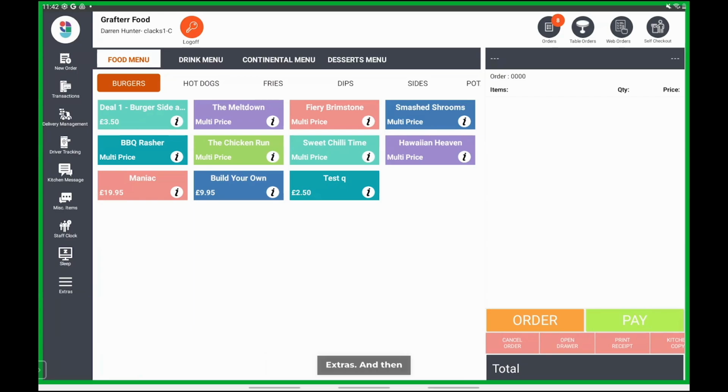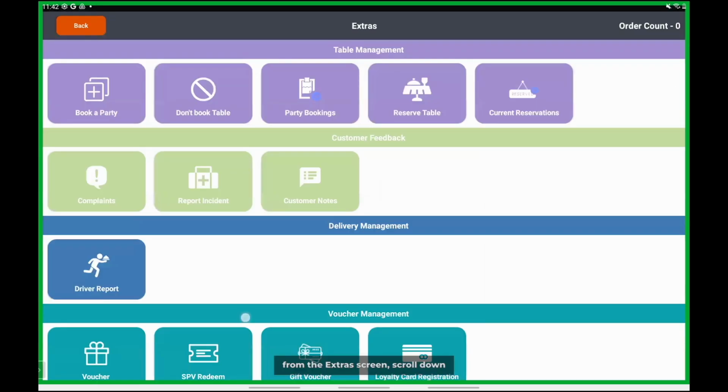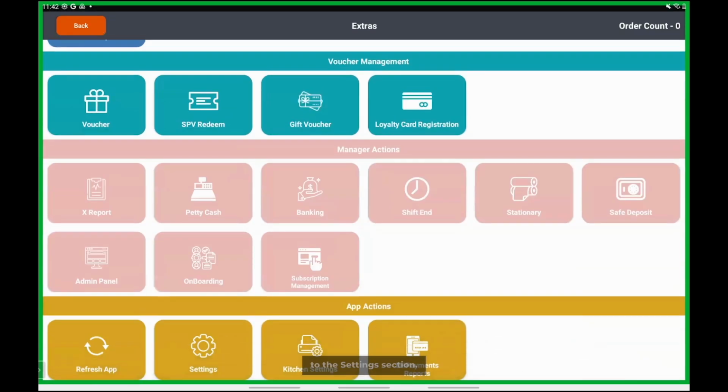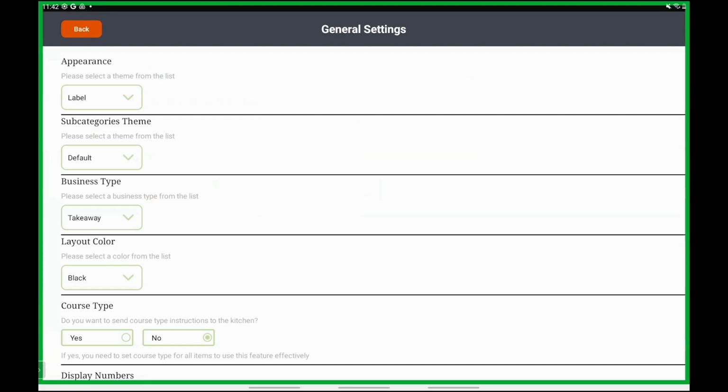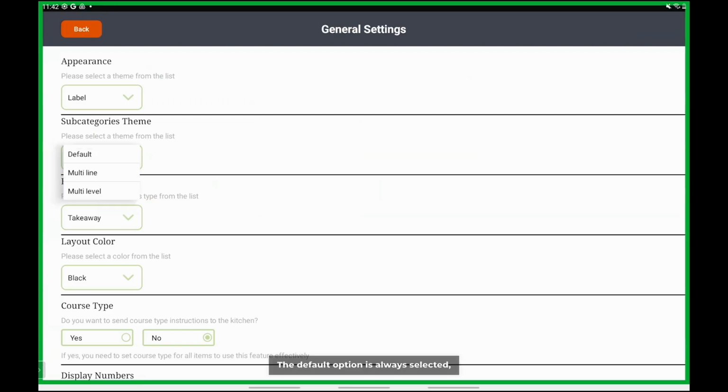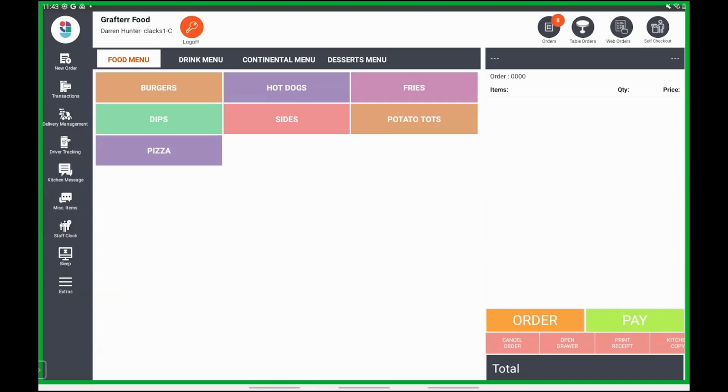Firstly, select Extras, and then from the Extras screen, scroll down to the Settings section. The default option is always selected, but if you wish to enable an additional layout for the subcategories, select the Multi-Level option and then press Back. This will then allow all menus to be selected and additional icons for the categories to then open up the